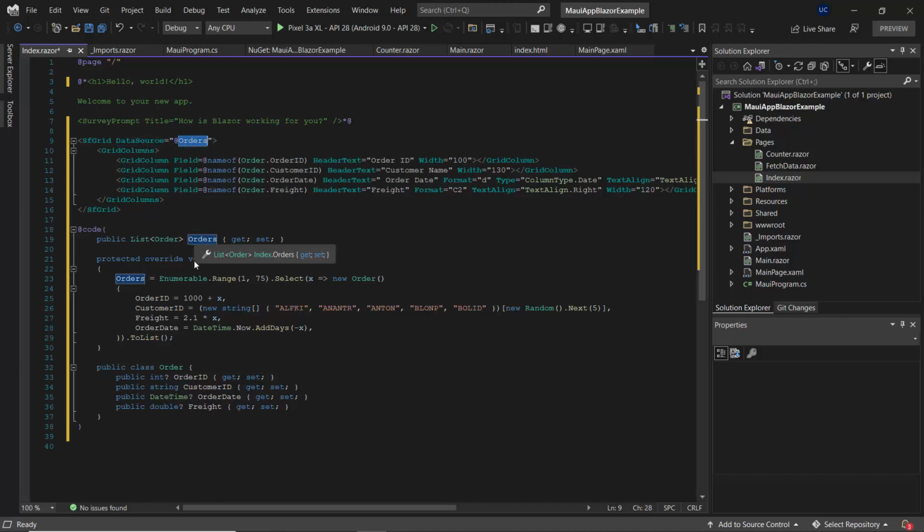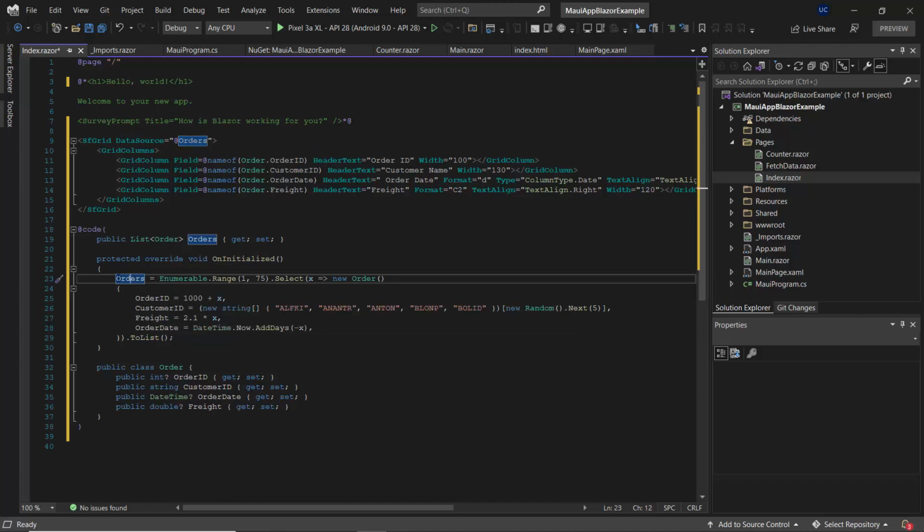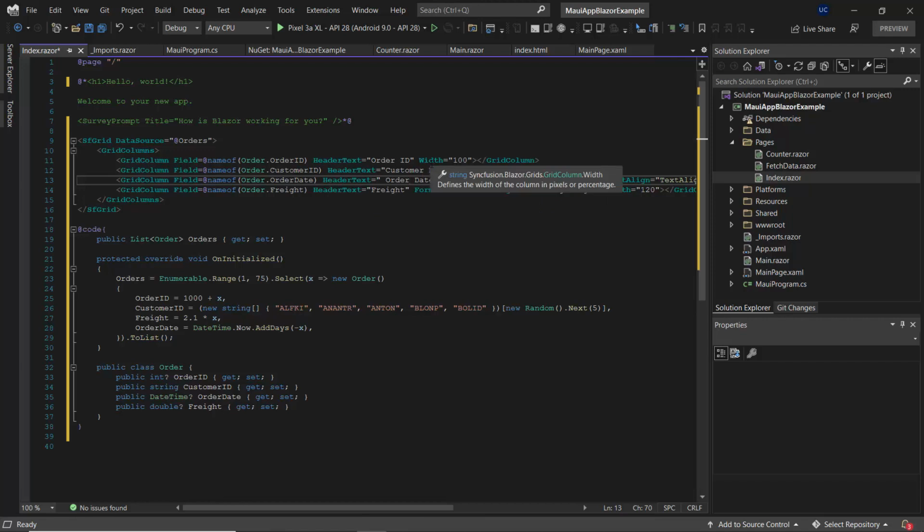The orders variable, here you can see the list of orders has been generated inside this on initialized method, and you can also see the order class with four fields. So here, four columns are being displayed with several attributes like header text and also specific width set to each of these grid columns. So now let's see how this grid component is getting rendered in the index page.